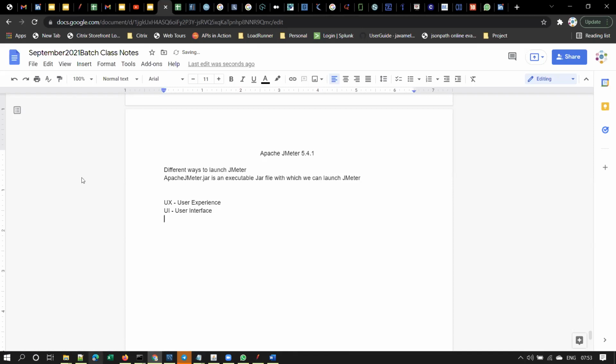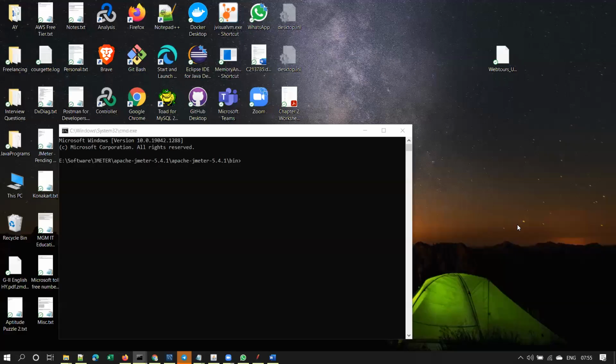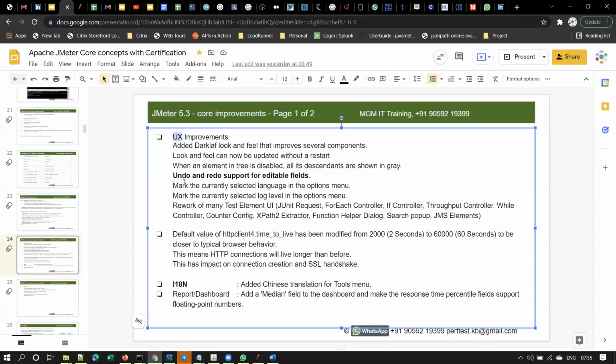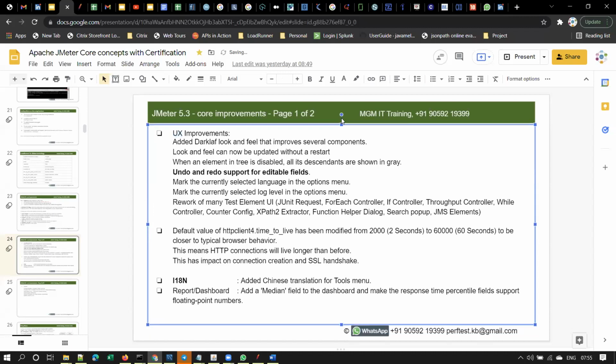User interface. Right. So let's discuss what are the features introduced in 5.3, because there are some core improvements.